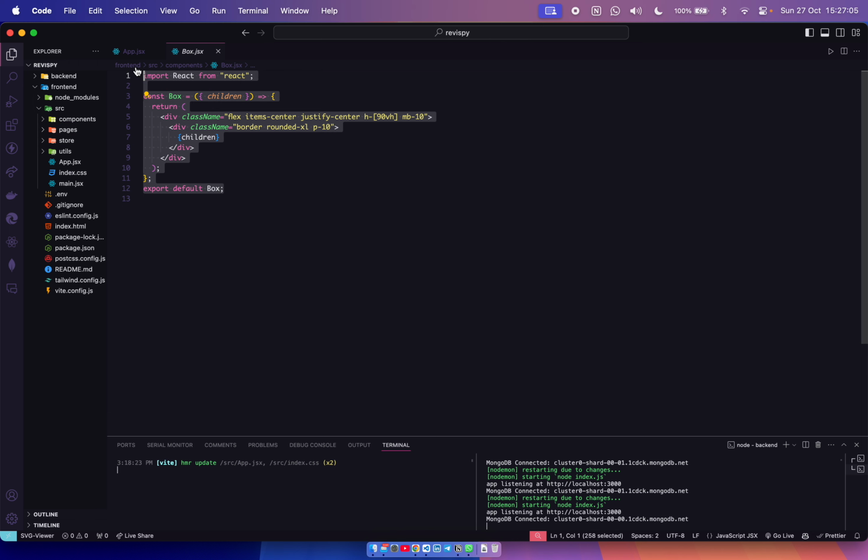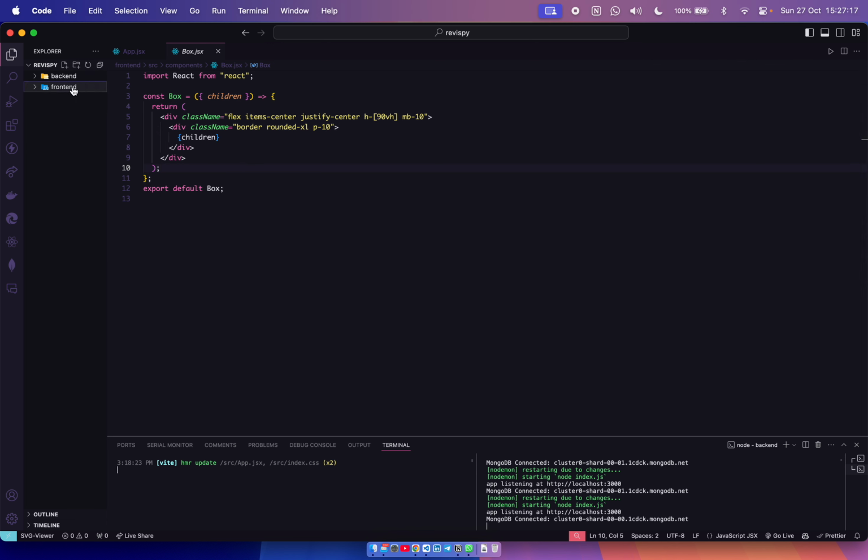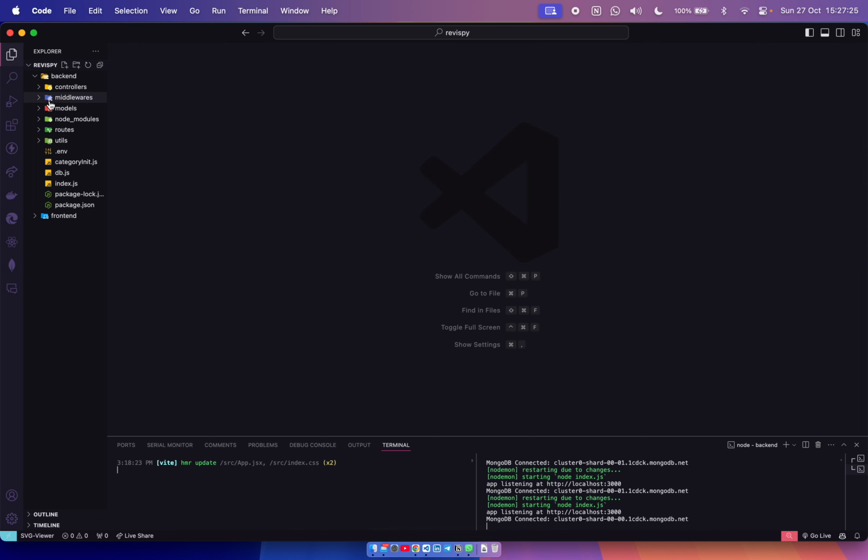Okay, so this is for the simplicity and maintainability of the code. I have used the box component. This can also be implemented using the single pages, so we can provide the simple design for all the pages. So this is for the front end. Let me show you the back end. This was for a front end internship, so I have not focused much on the backend, but I have implemented decent functionalities in the backend also.